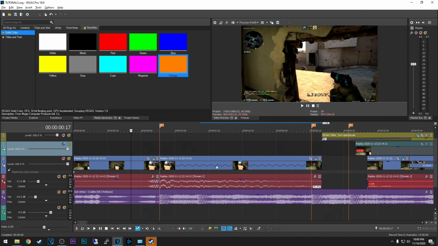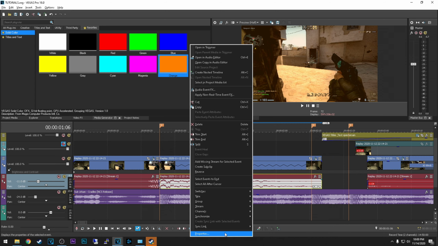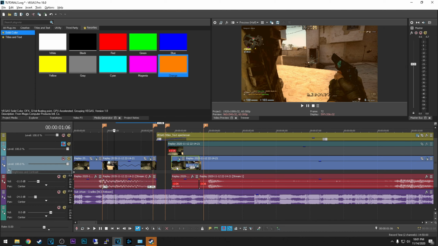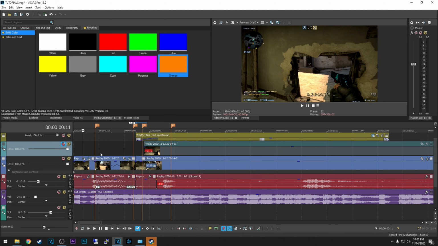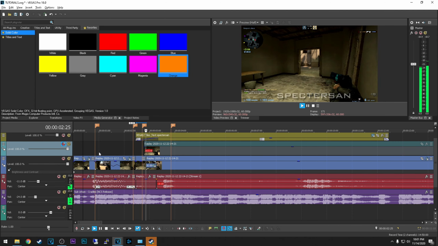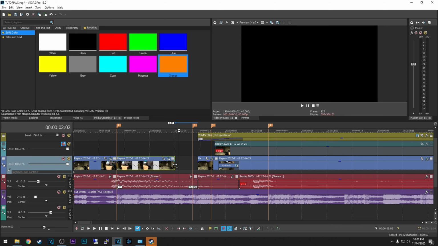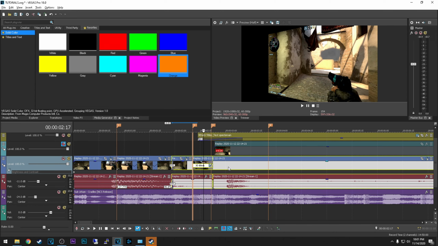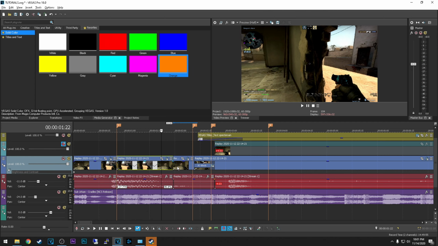Okay, it's great. There's a problem with the audio though. When you apply slow motion to the audio tracks, you need to also right click on this and go to properties, and make sure to enable lock stretch. Now let's drag these clips back here and let's see how this looks. So the longer you make this clip, the slower it's gonna be, alright? So if I go here, this is a 35% slow motion. It's gonna be a bit faster than before. Not sure if you can tell, but I hope you guys get the idea.